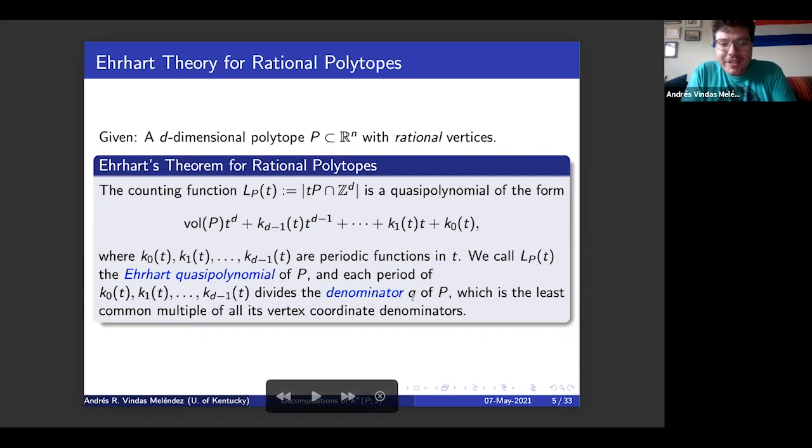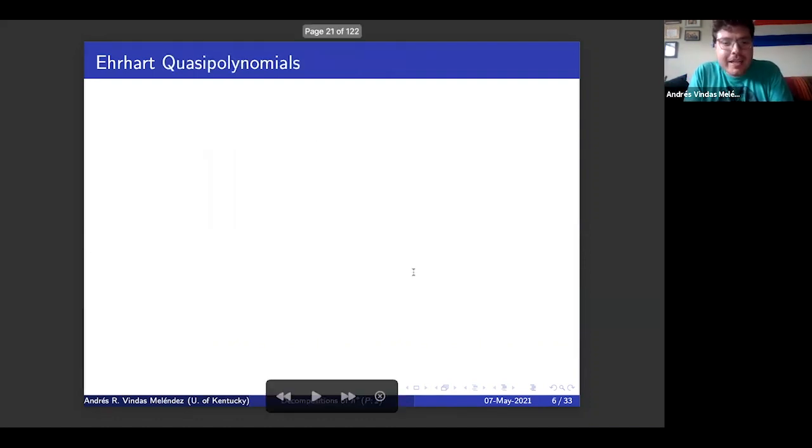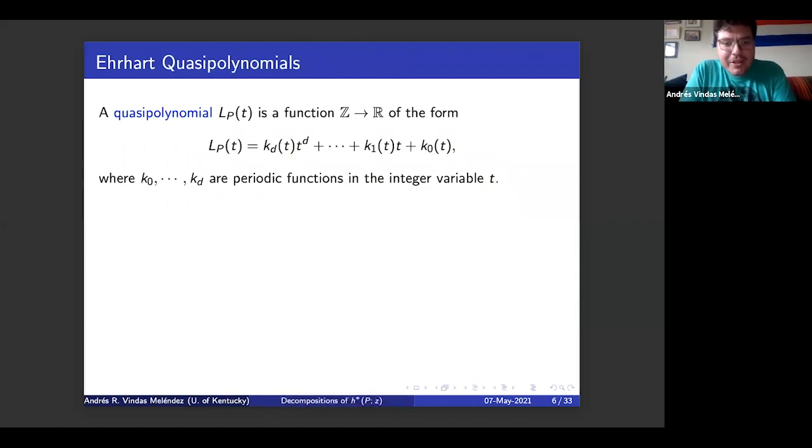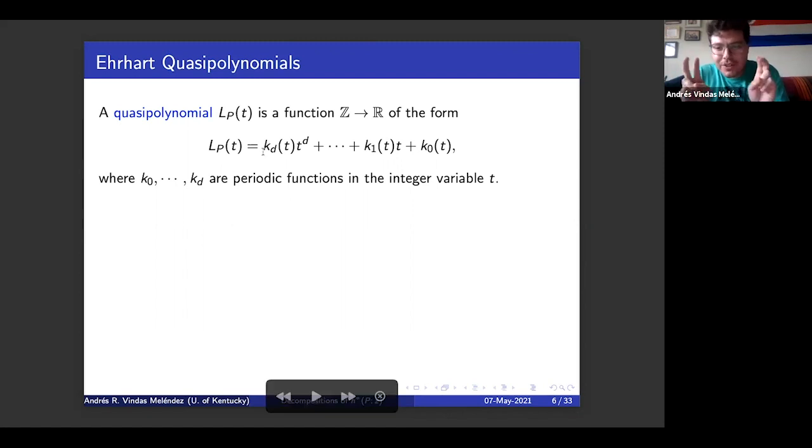The denominator q of p is the least common multiple of all its vertex coordinate denominators. And so there might be some questions here that I'll ask, and you might be like, okay, well, what is a quasi-polynomial? Maybe you've never seen a quasi-polynomial. So a quasi-polynomial is a function, let's say from Z to R, of this form, again, where instead of coefficients,